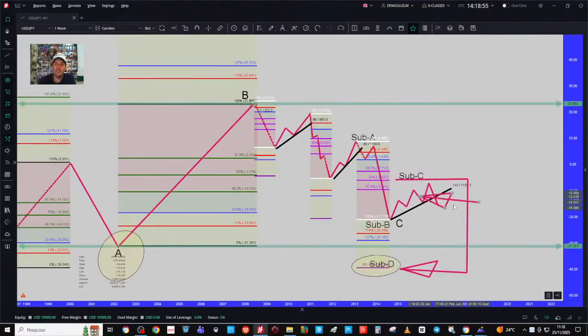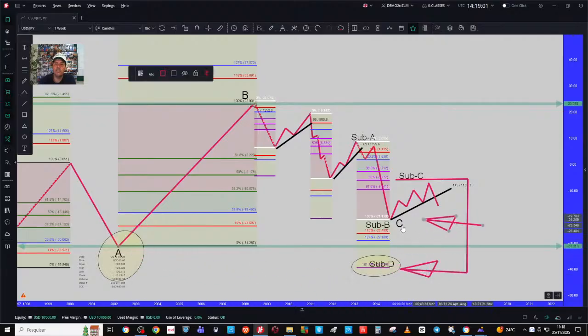This setup, everybody, when the sub D gets below the A, this is when we say that you found